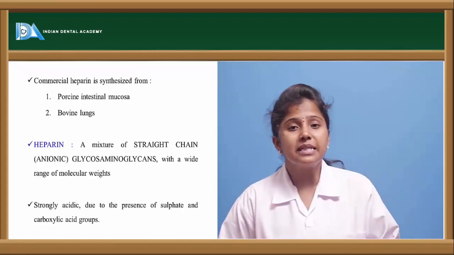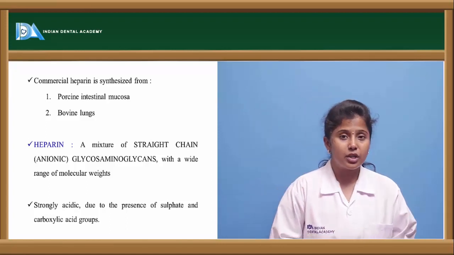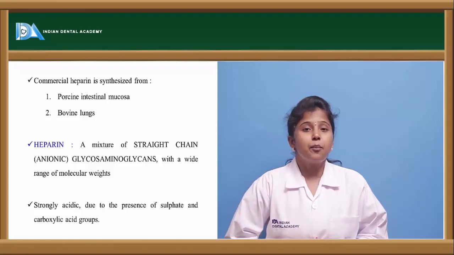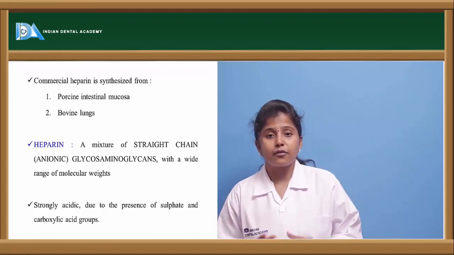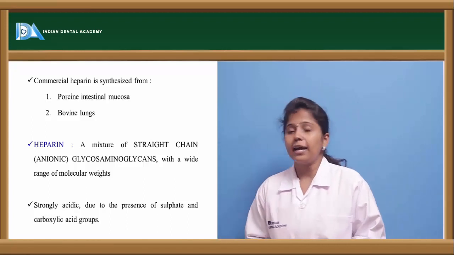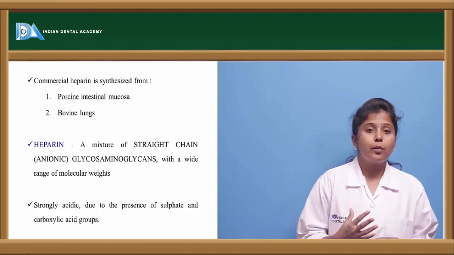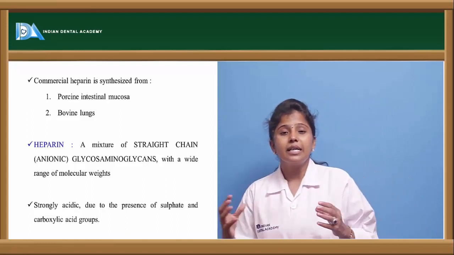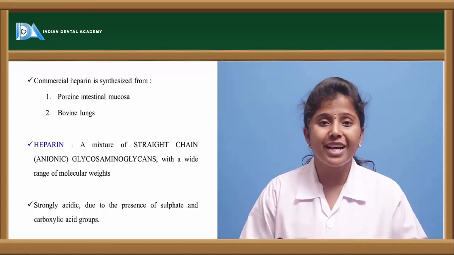This heparin can be synthesized artificially or commercially. The commercially synthesized heparin is prepared from the porcine intestinal mucosa, the intestine of the porcine, and from bovine lungs. So from the lungs of the bovine, this heparin is prepared. And this heparin is a mixture of straight chain